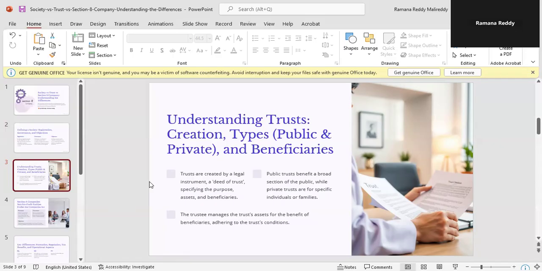A public trust benefits a broad section of the public, while private trusts are for specific individuals and families. Trustees manage the trust assets for the benefit of the beneficiaries, adhering to the trust's conditions.